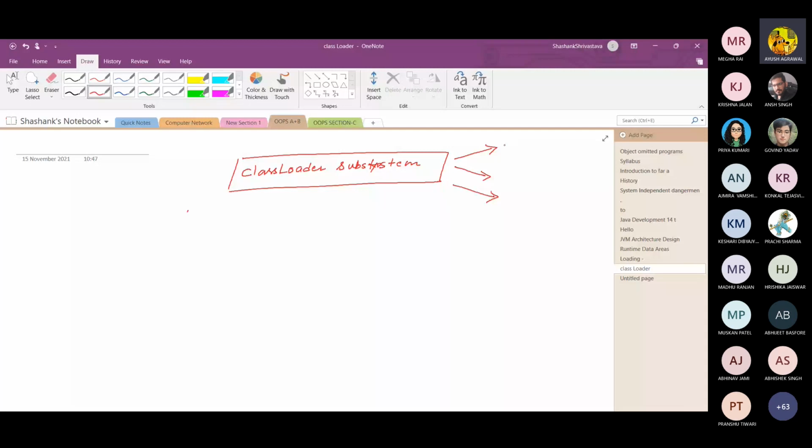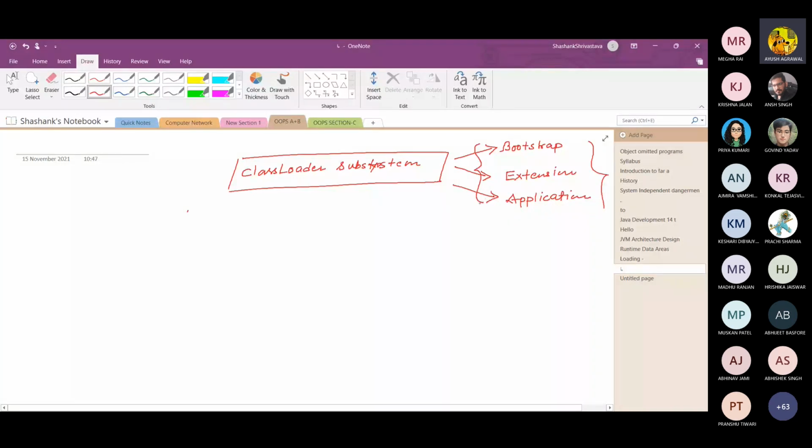There are three types of class loader. One is bootstrap, another one is extension, and the third one is application class loader. Actually, these three types of class loaders load the class from different paths.